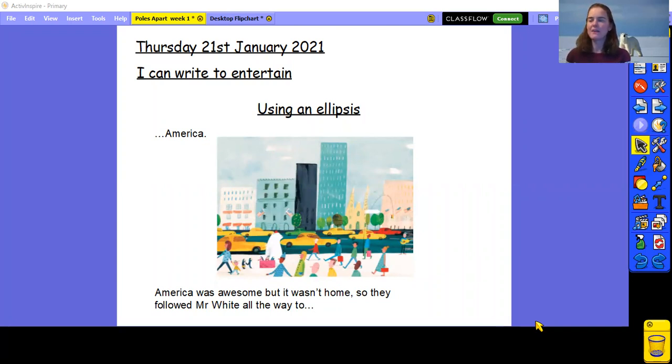So let me just find that page in my book. I'm going to read the page beforehand as well. "Can we have our picnic now?" said Pog, but it wasn't the best spot. So they followed Mr. White all the way to, then I've got my 3 dots, I've got my ellipsis, creating that suspense. Where are they going to end up? All the way to